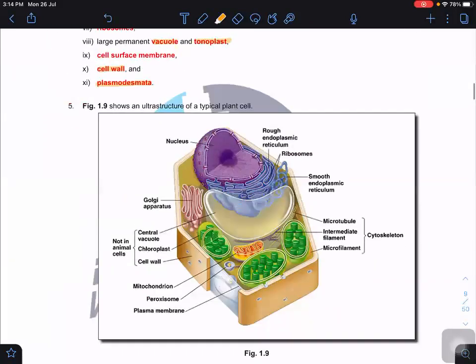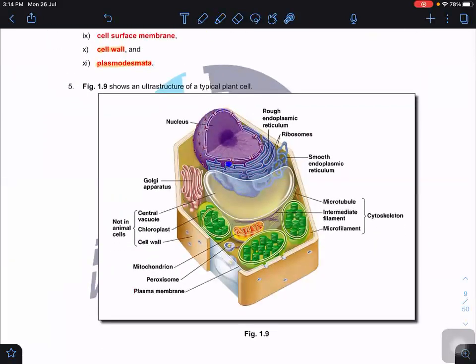So look at the structure. As I said just now, there is a prominent structure, the nucleus. Near to the nucleus you have the rough ER, as well as the smooth endoplasmic reticulum. Then you have the ribosome attached to the surface. Okay, and then you can see a convoluted one. Can you see that? The infolding of the membranes, which is a mitochondria. Okay, and then you have the Golgi apparatus with the Golgi vesicle.